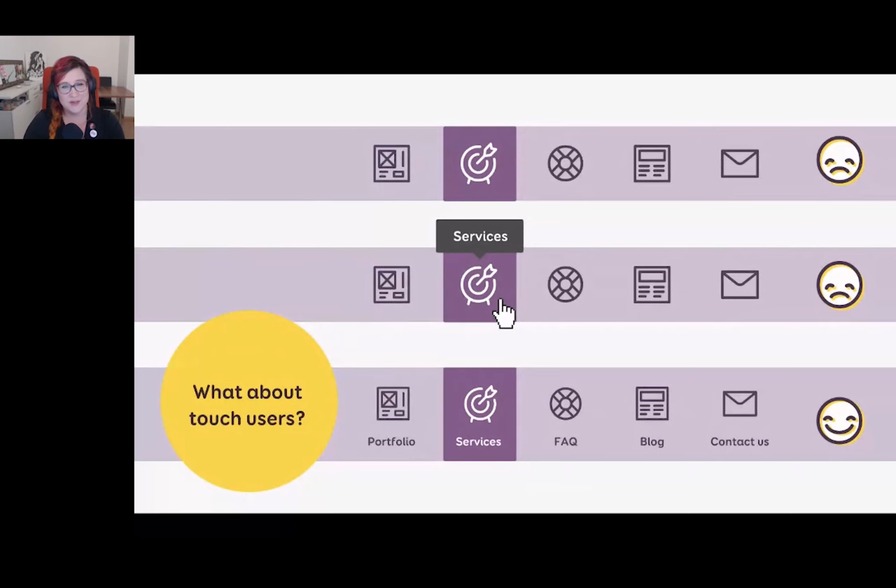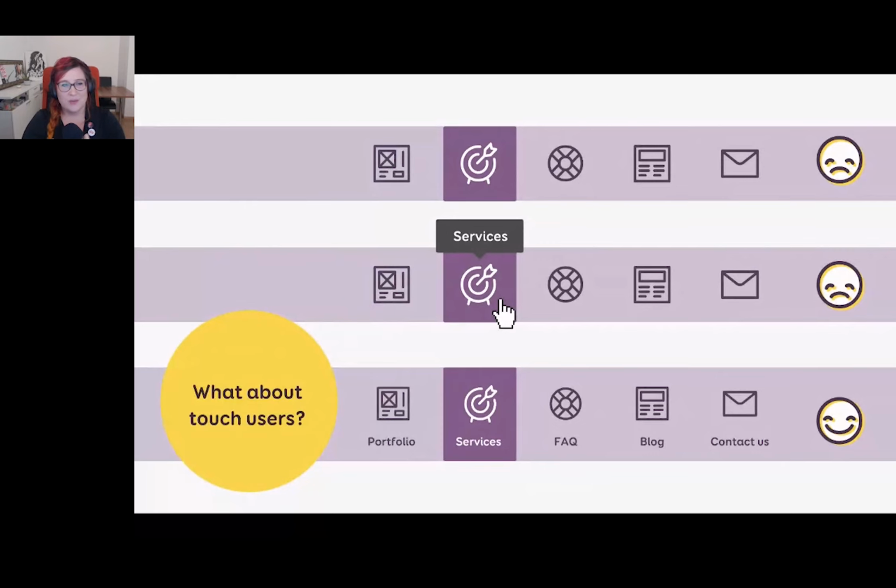So the thing is, we've been relying a lot on mouse and hover effects when designing. It's been kind of the default. I don't know what to do with this information, so I'm going to hide it under a hover. The problem is, today we have a lot of touch devices, not only mobile, but tablets, hybrid devices, things like that. So we really need to think beyond this "everyone uses a mouse" thing.